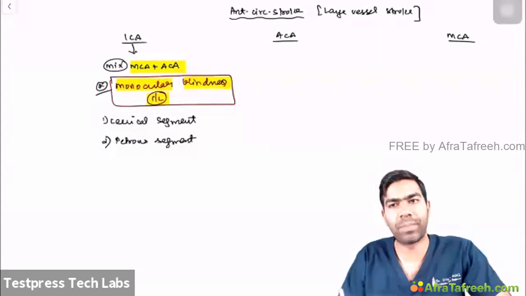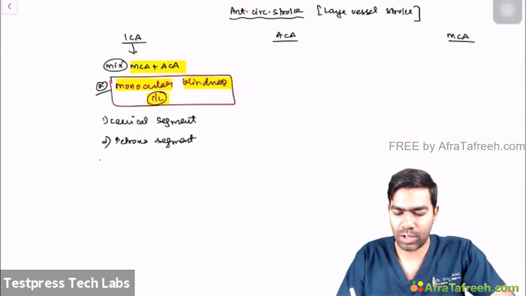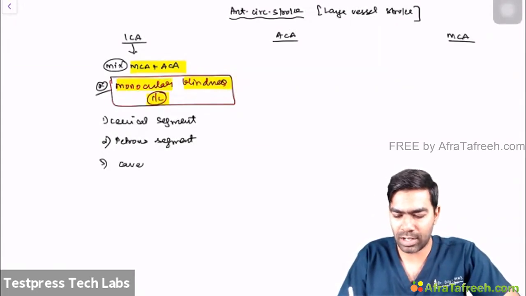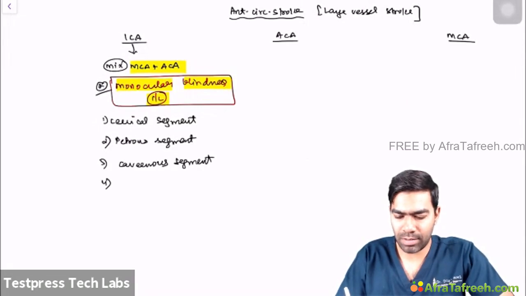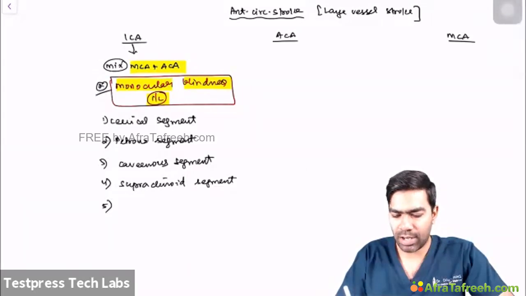Then you have something called a cavernous segment, where the internal carotid artery passes through the cavernous sinus. Apart from the cavernous segment, you have something called a supraclinoid segment. Then you have other divisions, that is the ophthalmic artery,